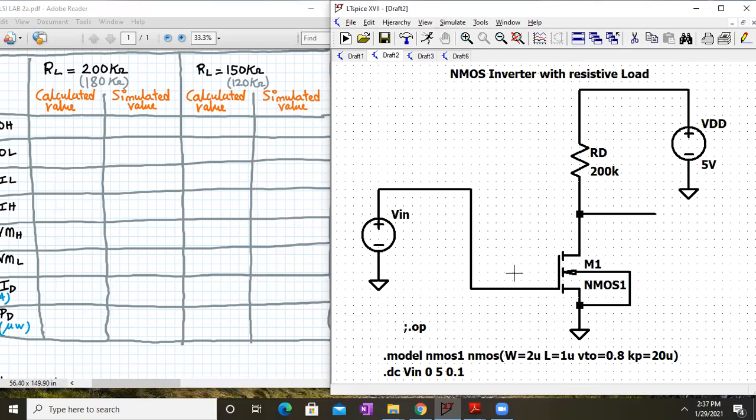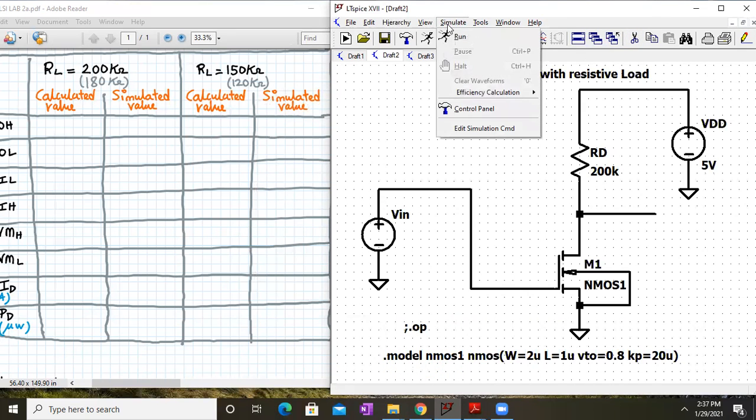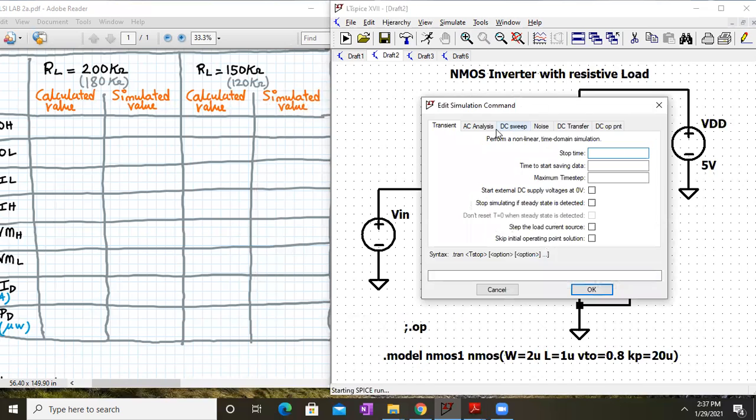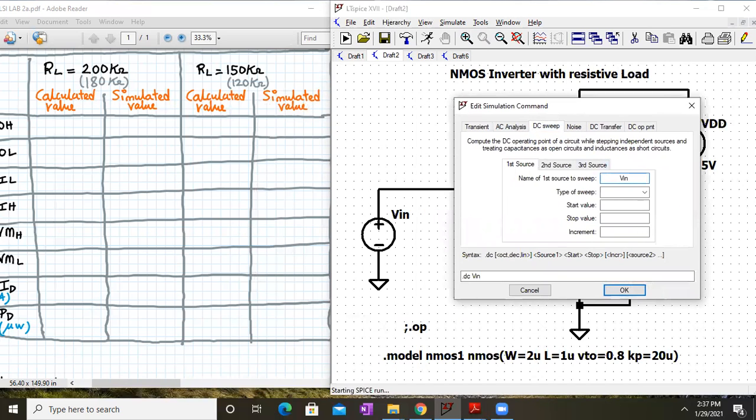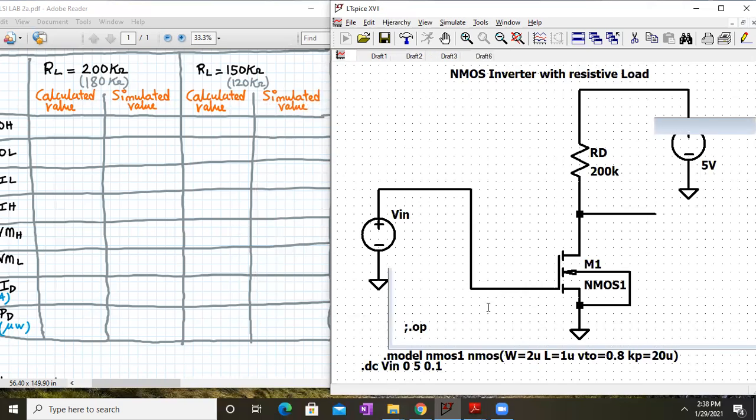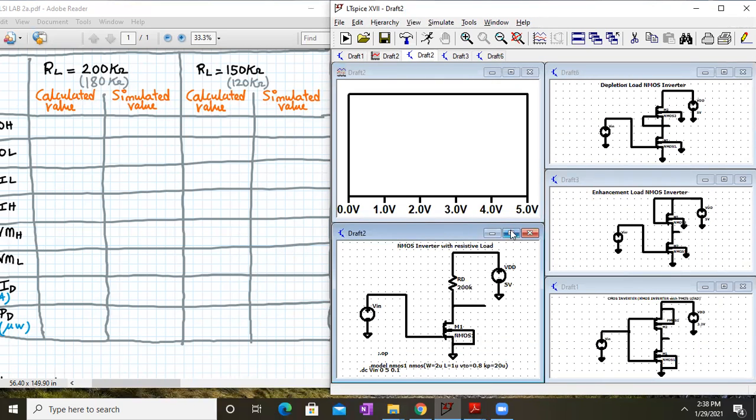So if you don't understand this, what we are doing is this. If we go to simulate, run, and go to DC sweep, and this parameter V in, we have to vary it. Same thing which we did. Okay, linear, and here we have start value 0, stop value 5, increment will be 0.1, and we place it over here. Automatically you will get a screen, correct?